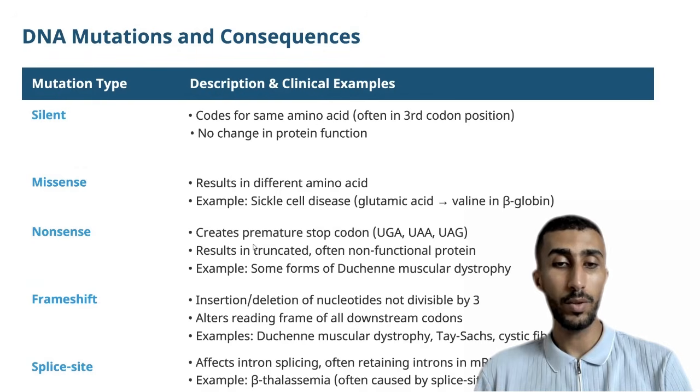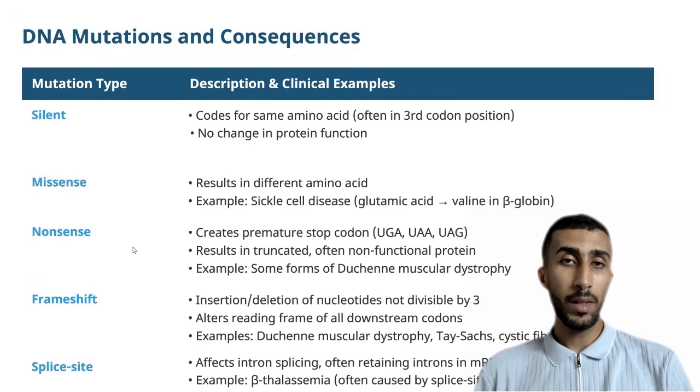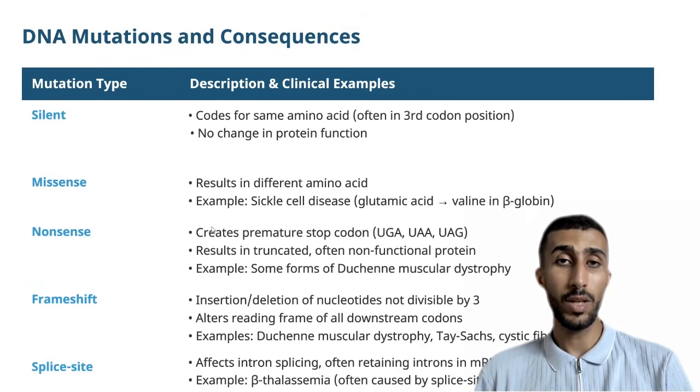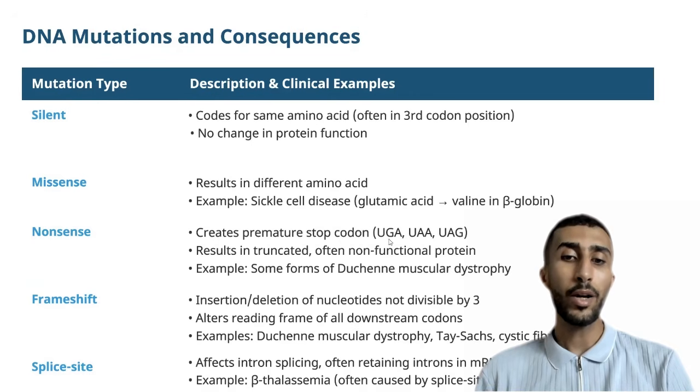Next is the nonsense mutation. The nonsense mutation is the creation of a premature stop codon. So why is this like nonsense? The error that resulted in the different codon didn't produce another amino acid, such as in the missense mutation, but instead it produced the premature stop codon. So this is why it is nonsense. It doesn't produce another amino acid. It produced a codon that is gonna stop